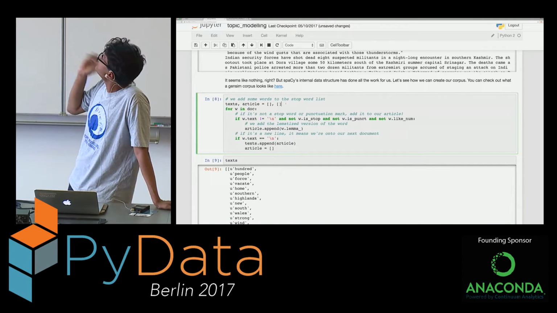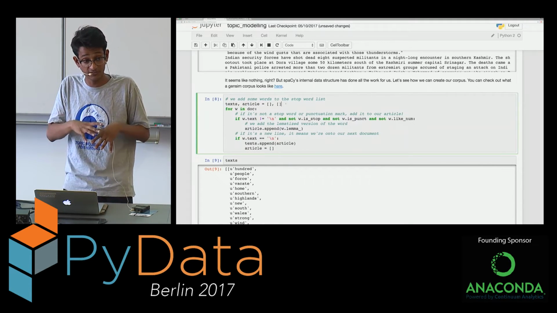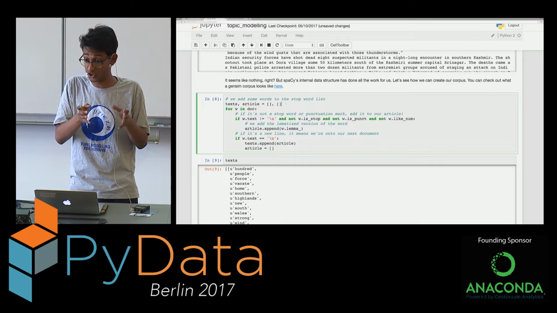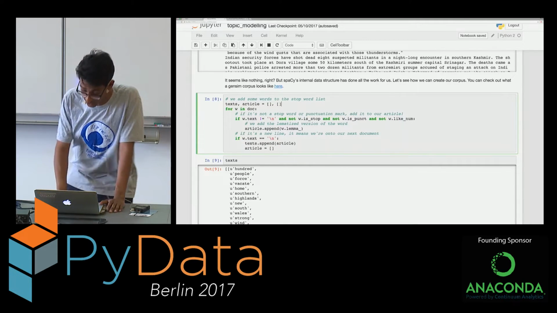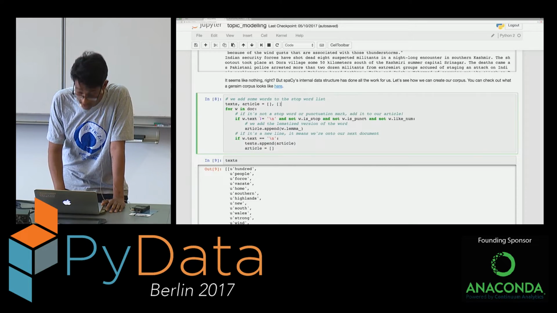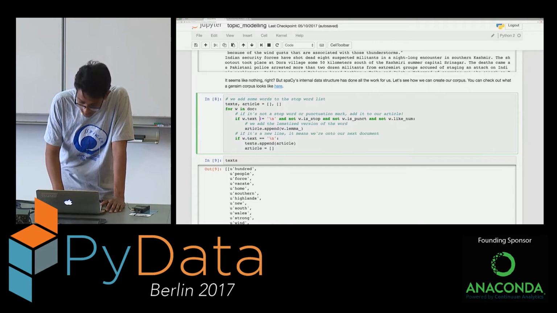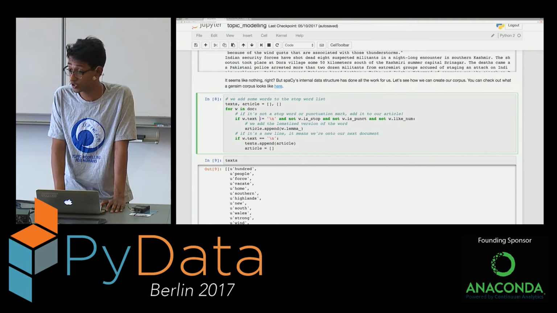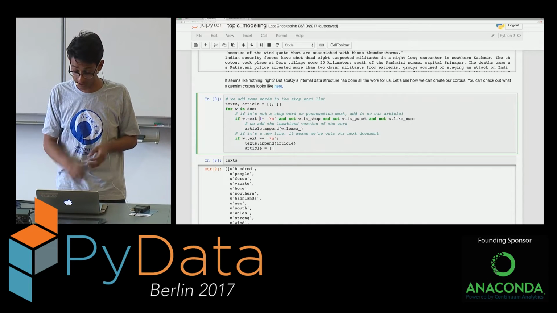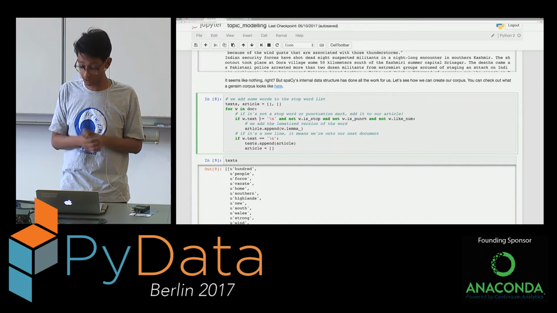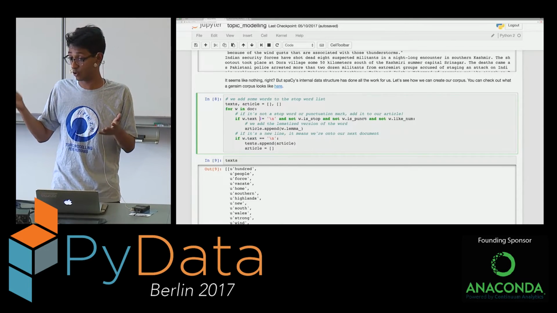We have two lists, texts and articles. So again, a Gensim corpus is a list of lists, where every single list inside is your document, cleaned up and separated. So what we're doing out here is for every single word in my document, if the word is not a new line, which means if it's not the new document, if it's not a stop word, remember we don't want stop words in our documents because stop words add no interesting information. If it's not a punctuation mark, and if it's not a number, I add the lemmatized form of this word